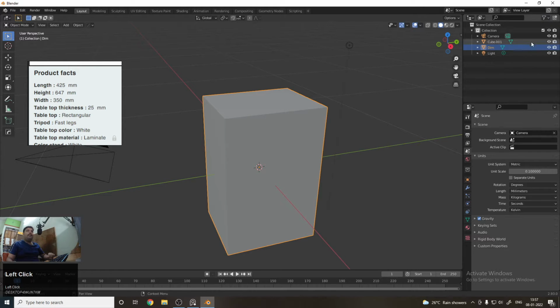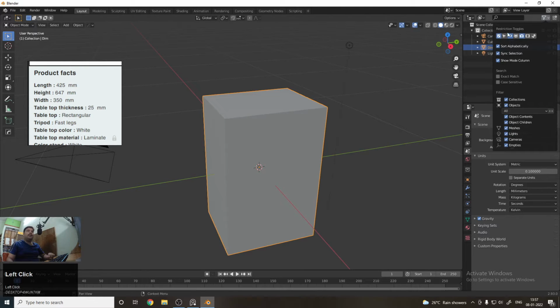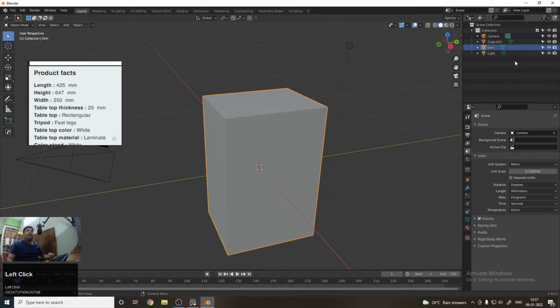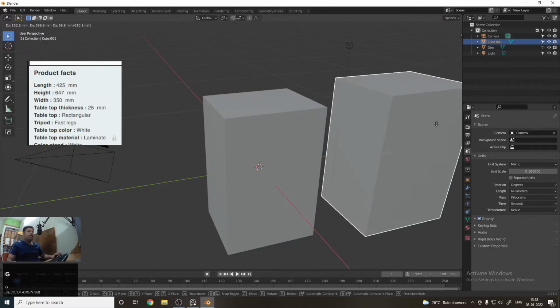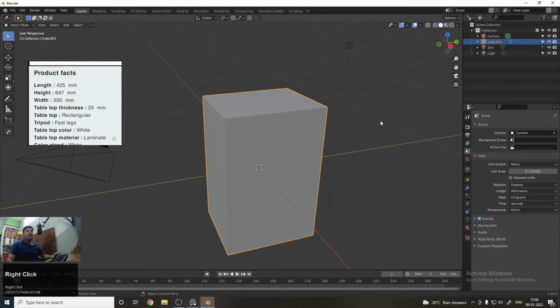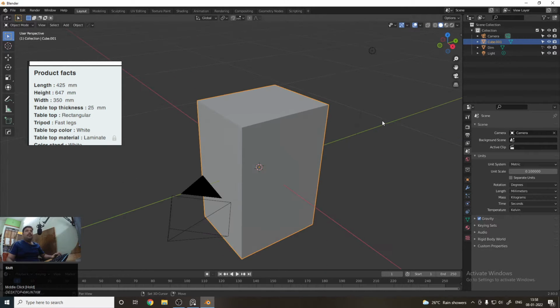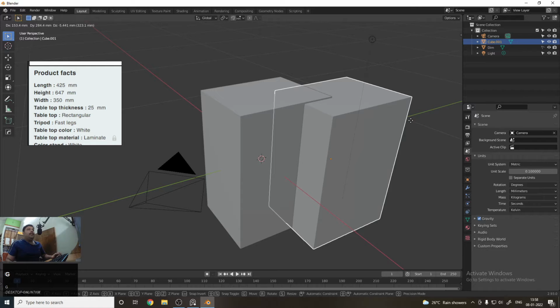If you are not able to see this arrow button, click on this and then click on this button. If you want to lock this particular cube, you just need to click on it, and now you can see that we are not able to select that cube.